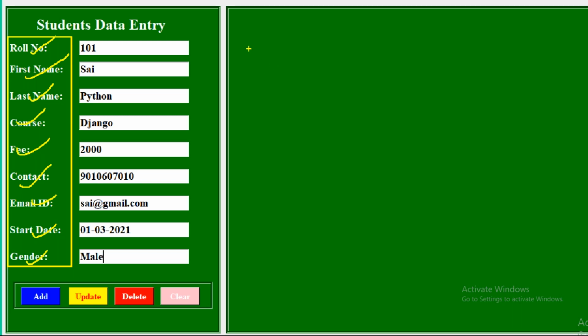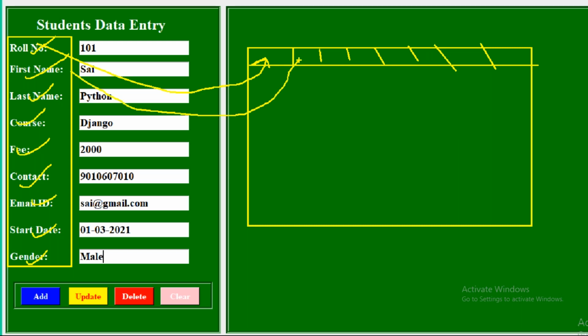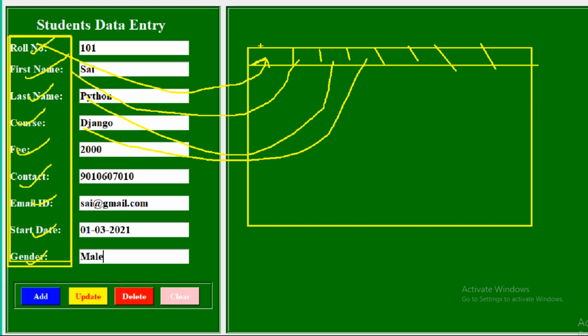If we take all the fields in the table, then automatically we can pass the data from the form to the database: the first field to the first column, first name to the next one, one by one, guys. Last name to the next column, course name to the next column, like this we can assign. So however many labels there are here, that number of columns we take in the table.